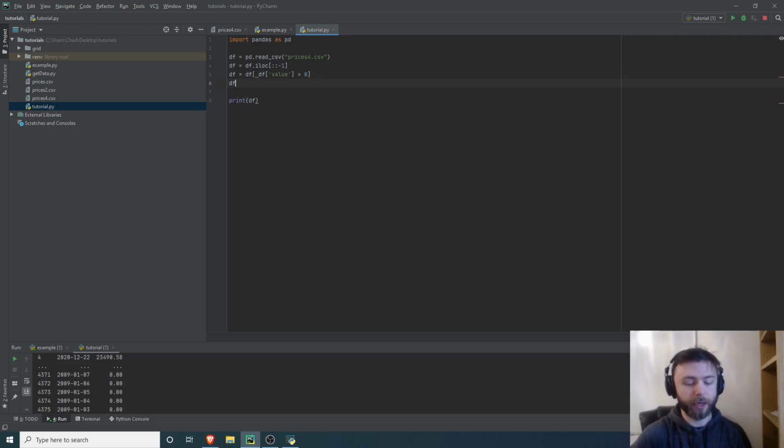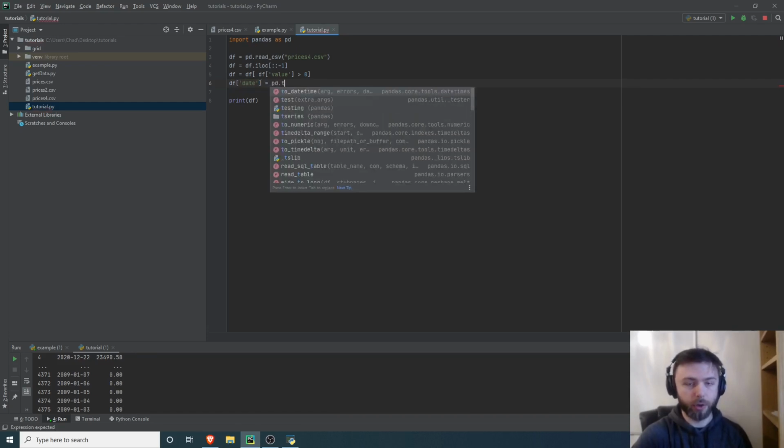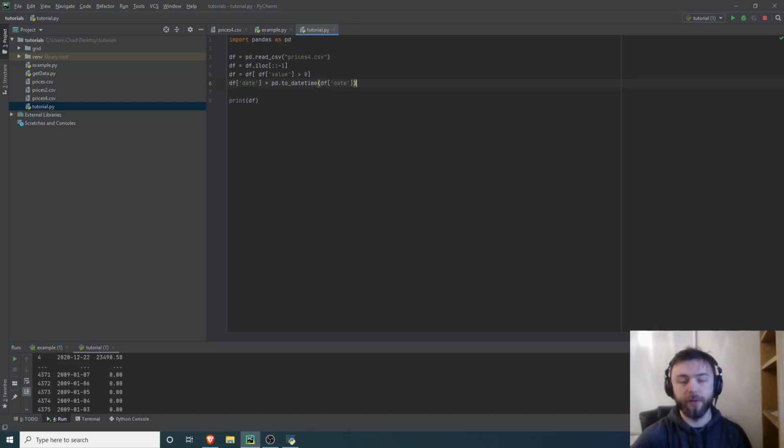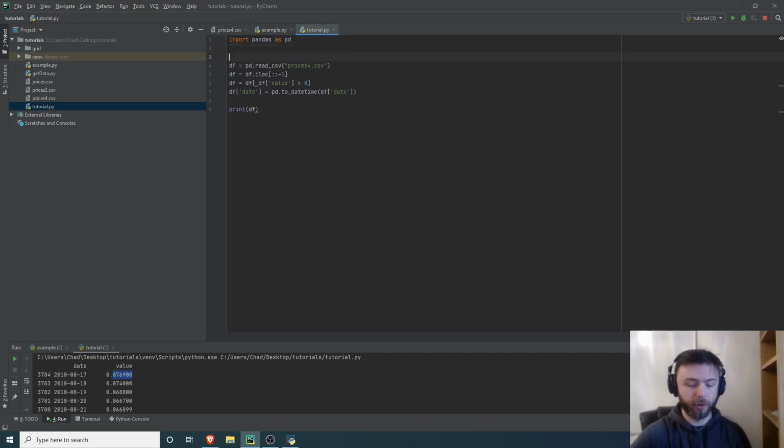We also need to make sure the date column here is a Python datetime. So we're going to do pd.to_datetime and then just put in df date. If you don't do that, the graph will probably break quite spectacularly, so I recommend you put that line in there. This won't have any noticeable impact really, other than the dates now being in the correct order. And our first value here is in 2010, not 2009, and the value is non-zero. So we're looking good. We'll label that data pre-processing.